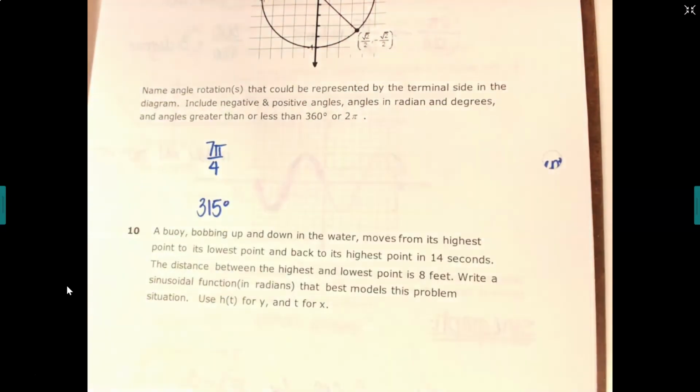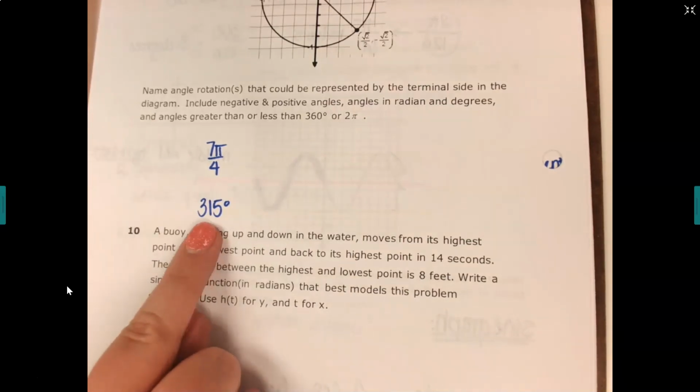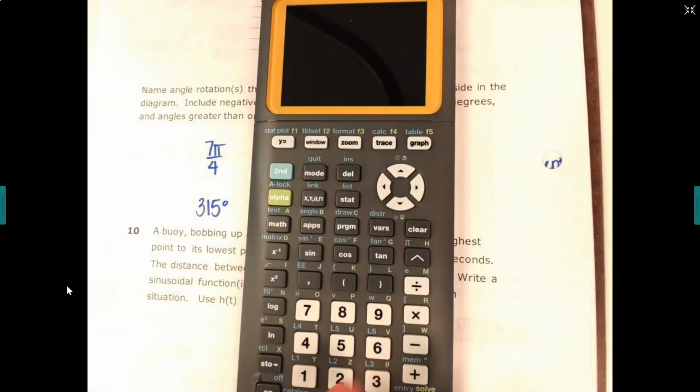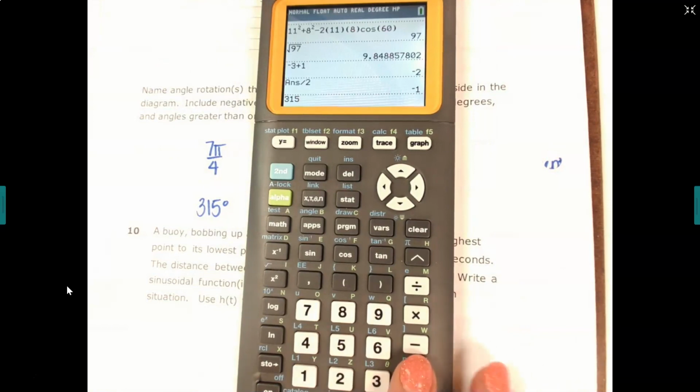Now, the question on your CBA is which one is not the same? How do I get to the next coterminal angle for 315? Do you remember? What do I add